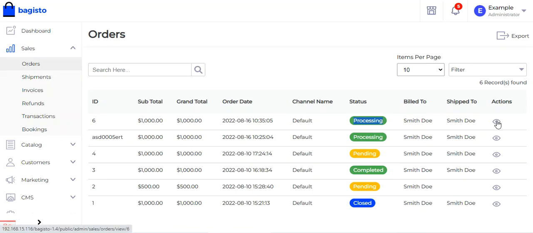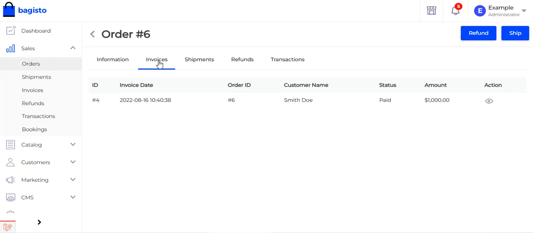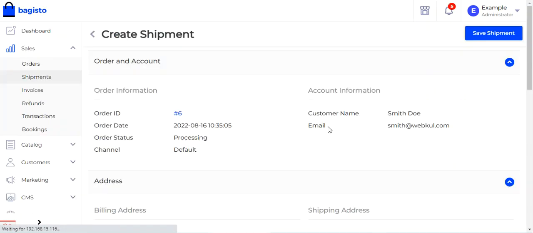Now I'll just view the particular order. It's in the processing state. The invoice has been generated. Now we have to generate the shipment. So we'll tap here on the ship button and we'll be on the create shipment page, as you can see,